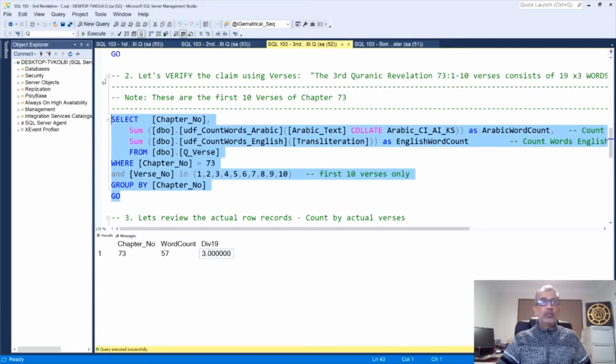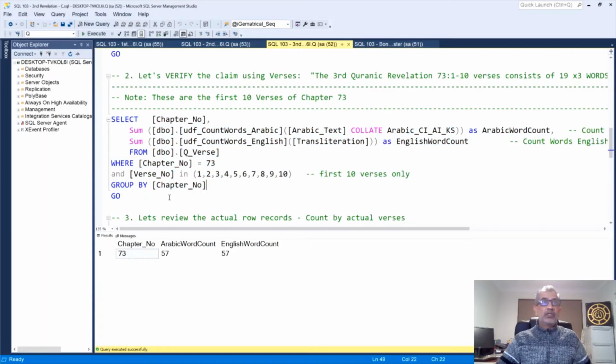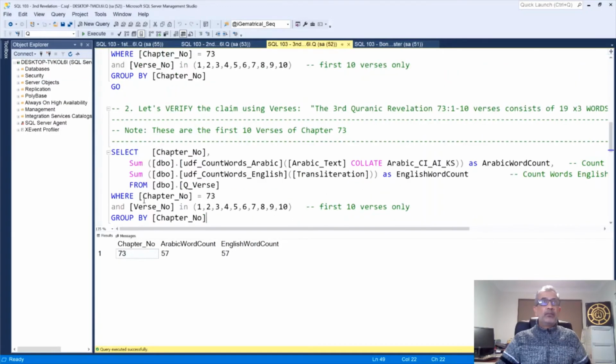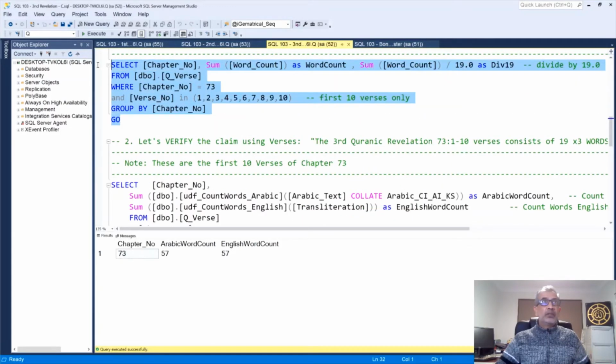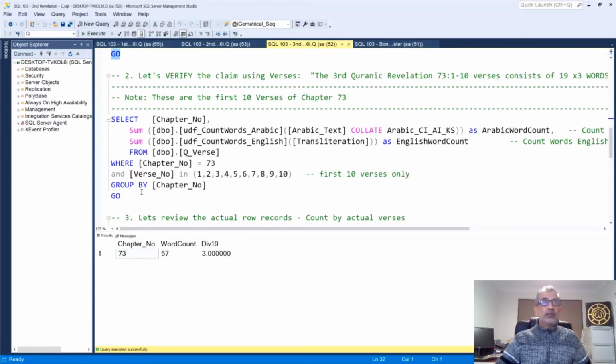So we should be looking at 38 in here as well. 57, sorry. We actually do get 57, 3 times 19. Previously we got 57, which is 3 times 19. This time we're using a different method. We still get 57, both for the Arabic words and the equivalent English words.